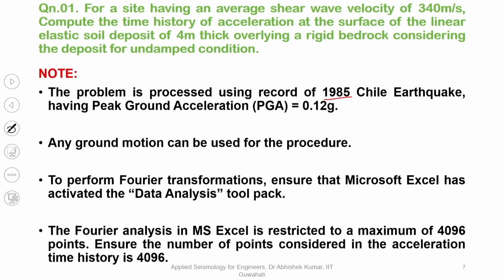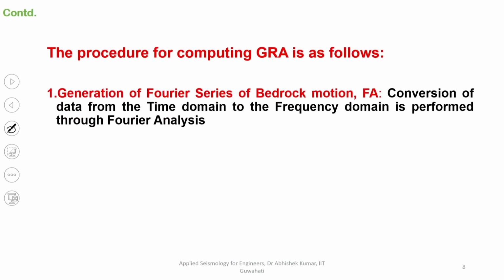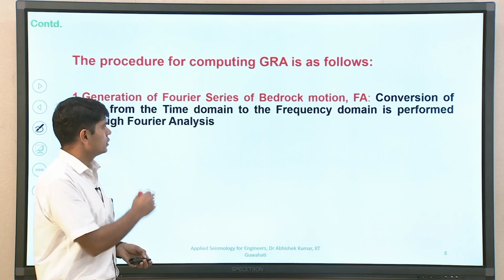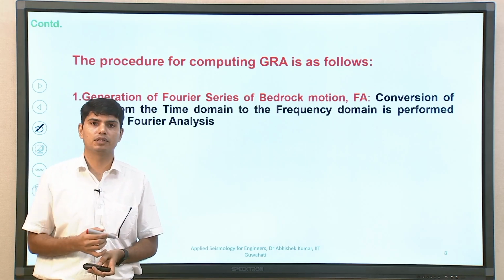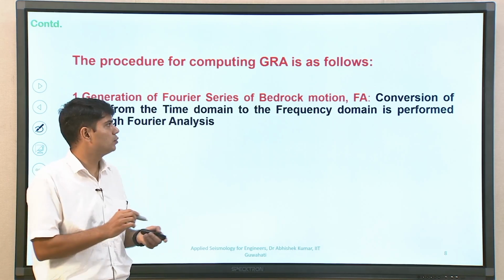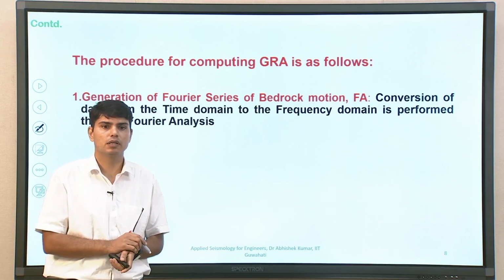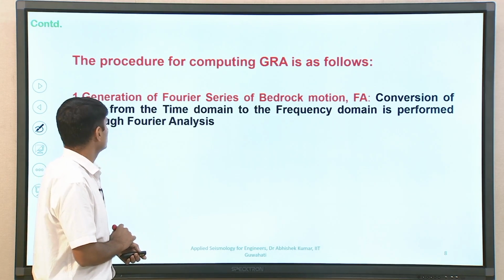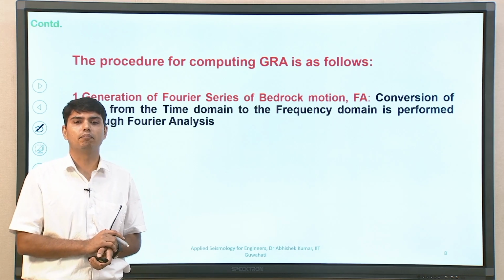Again, when we go for fast Fourier transformation, the maximum number of data points is limited to 4096 in your acceleration time history record. So, this is the procedure for computing ground response analysis for linear elastic undamped soil located over a rigid half space. What will we do? The procedure remains the same, but the governing equation will change. If you move from undamped to damped soil, or from a rigid to an elastic half space, the procedure will remain the same. The generation of Fourier series at bedrock level,